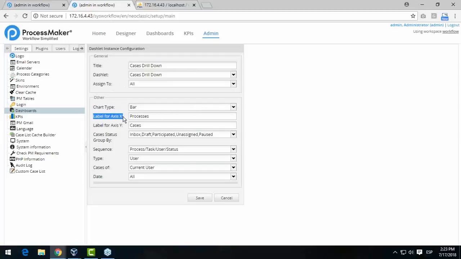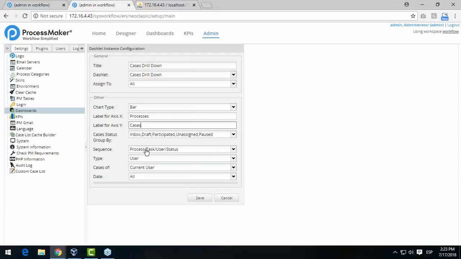Then the label for axis X is going to be processes. Then the label for axis Y is going to be cases. Then you are going to see cases status group by is going to be inbox, draft, participated, and assigned and post. Okay,